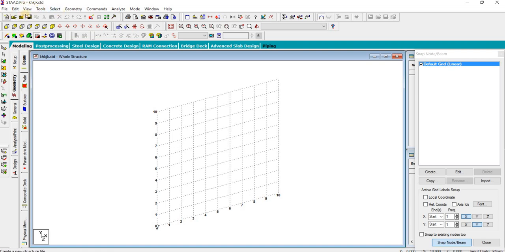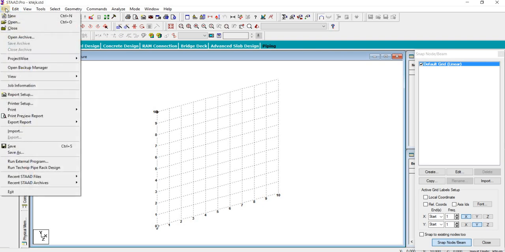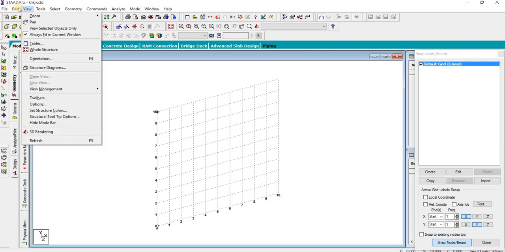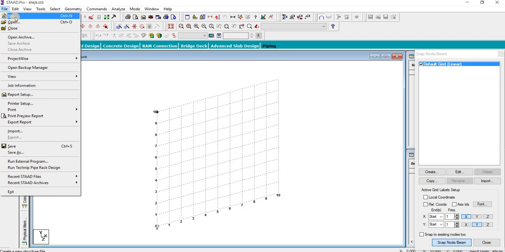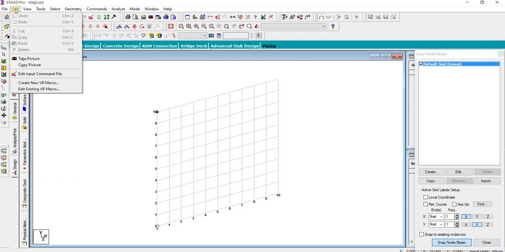The menu bar gives access to all the facilities. For example, you can see the file. In the file, you can see new, open, close, import, export, save as, print, report setup, and all you can see here.